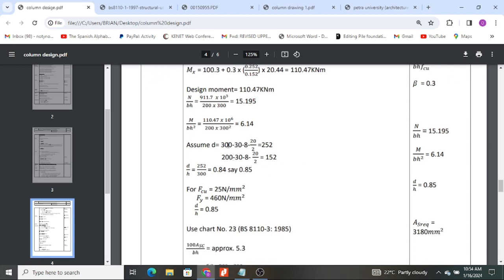We determined it to be 252 in the XX axis and 152 in the YY axis. So you also need to get D over H. This is to help you determine the chart to use. The charts are classified in terms of the ratio D over H. So when you do D over H, you get 0.84. And because they are in factors of 0.05, you can say